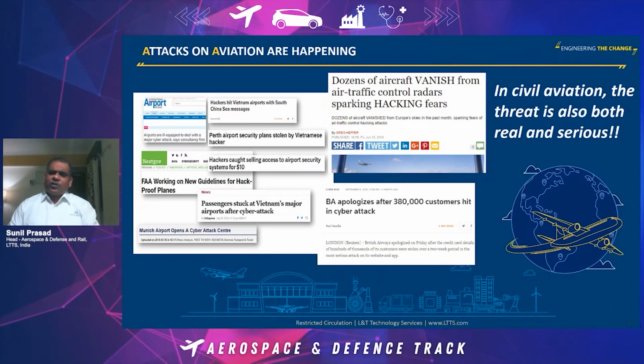Attacks on aviation are already happening. There is airport level security. There are attacks on the air traffic control systems. There are attacks where customer confidential data is taken out. And if you recall, in the recent past, we had the MH370 aircraft. We are still not really able to trace it, and we still don't know the root cause of it. And there was another attack where an entire passenger aircraft was shot down. Recently, we also had a missile getting launched, and we called it a maintenance issue.